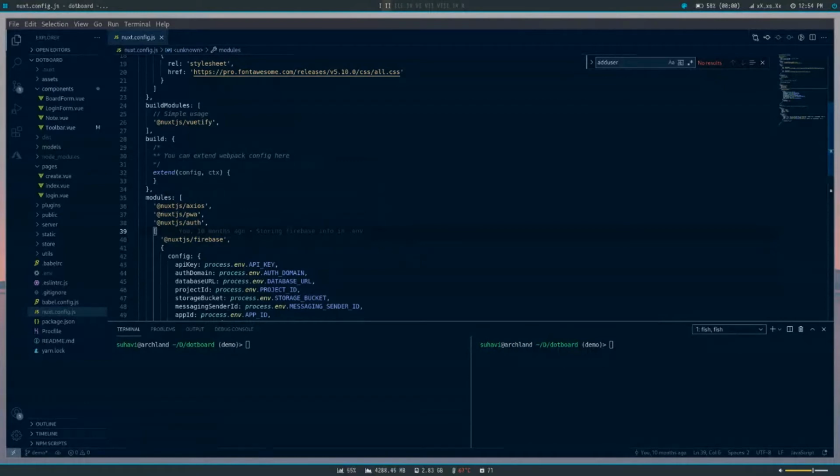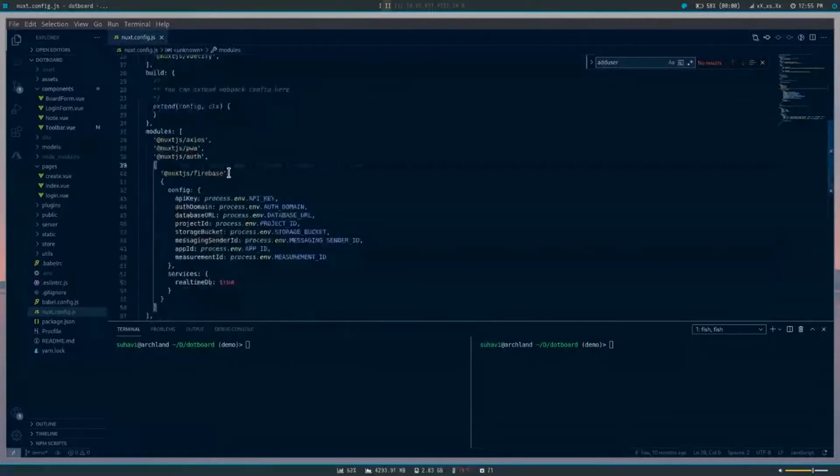So Next.js is really cool. It lets you build and generate your app. It's a popular Vue framework. It abstracts the client-server relationship and makes it so that you can write both server-side and client-side code. It also comes with a lot of benefits that I won't be going over, but it's really easy to work with, and it also comes with a package for Firebase to make it easier to set up.